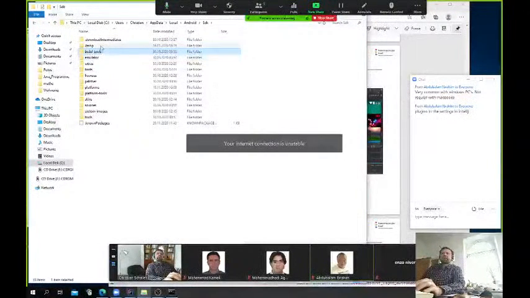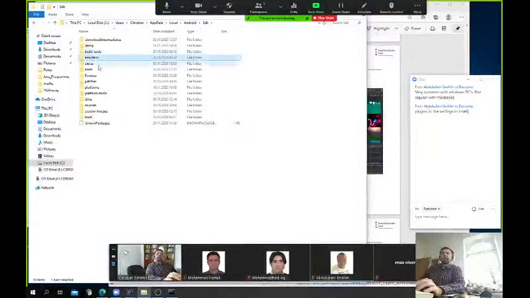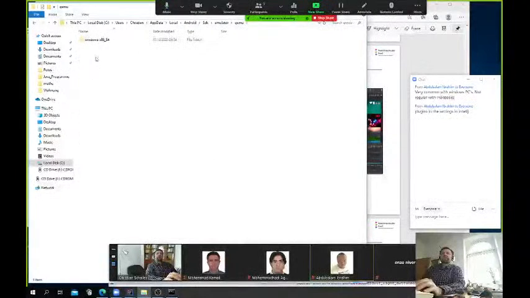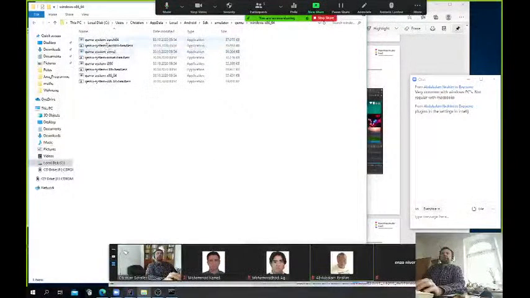What else do we have? We have an emulator. Emulators are going here. In this emulator directory, we have an application called emulator, and we have several emulators which are downloaded somewhere. We have maybe those QEMU system